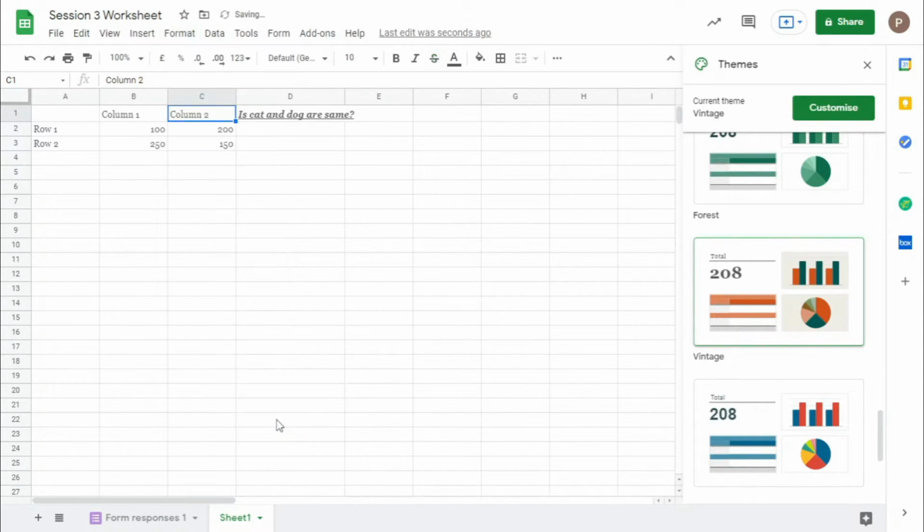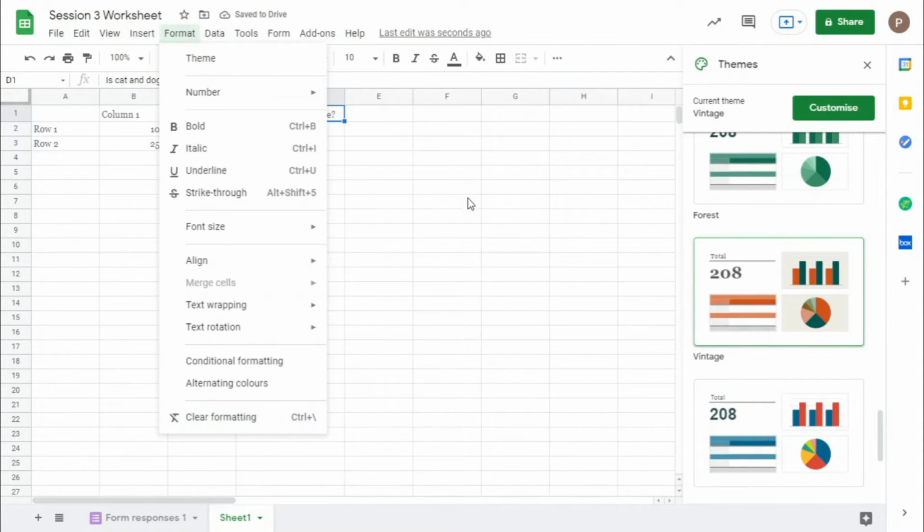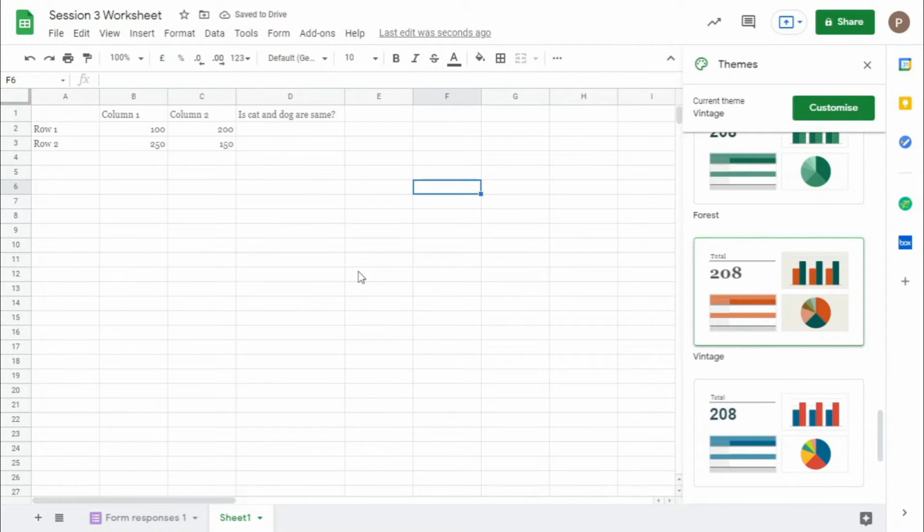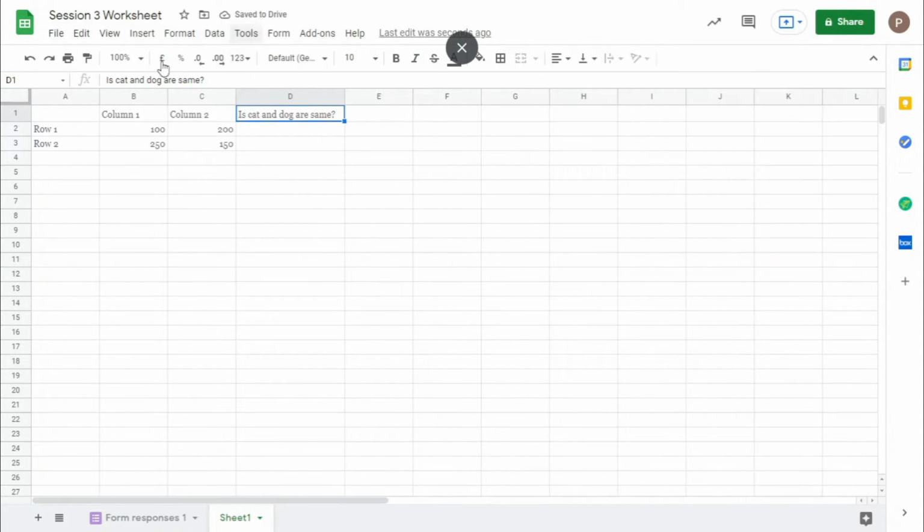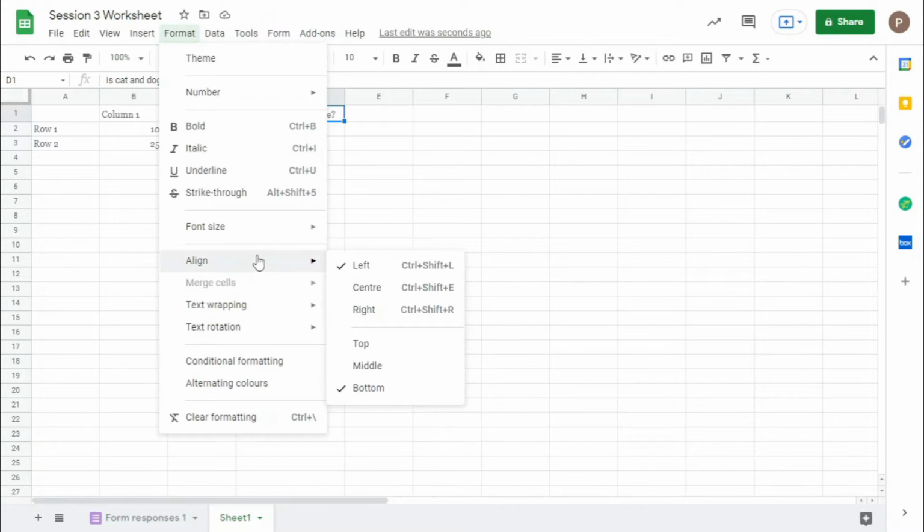If you press clear formatting on a cell, then directly the formatting will be cleared here. If not, there is a shortcut for this called Ctrl backslash. That's it. Let's press Ctrl Z and it's back to normal. Go to the sheet, press Ctrl backslash, and it becomes as usual without any formatting. And what is a line? We already checked the horizontal and vertical line. If you don't want it, you can go directly here and check this with these shortcuts. There are even shortcuts here.